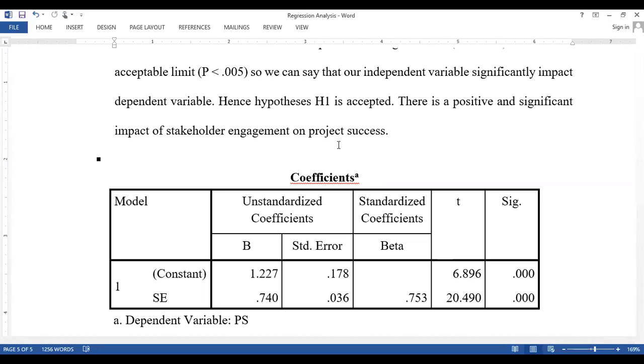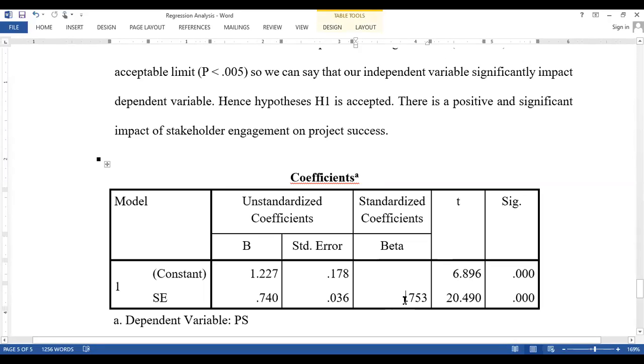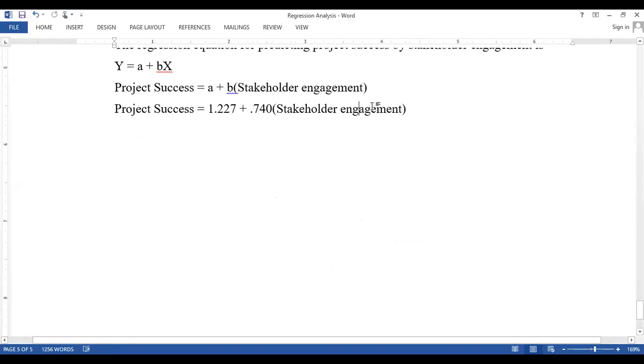It reflects that the correlation between stakeholder engagement and project success was statistically significant and positive, because the value of correlation is 0.753, which reflects that we have a 75% impact of the independent variable, stakeholder engagement, on project success. Moreover, the regression equation for predicting the dependent variable by the independent variable is, as we have seen, this regression equation.